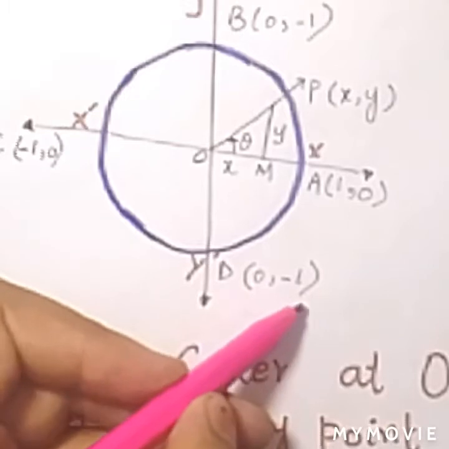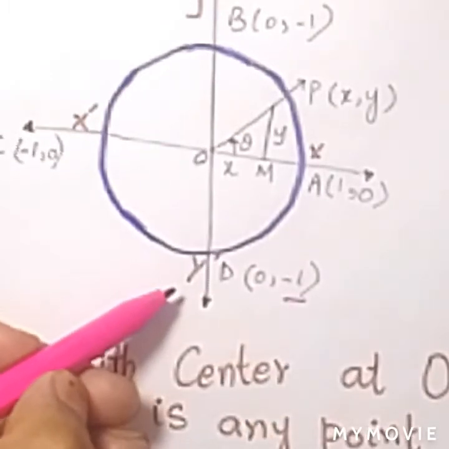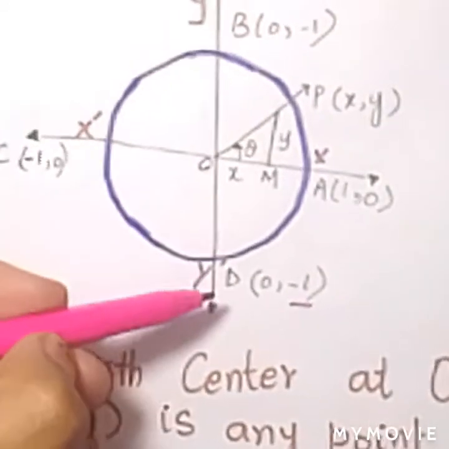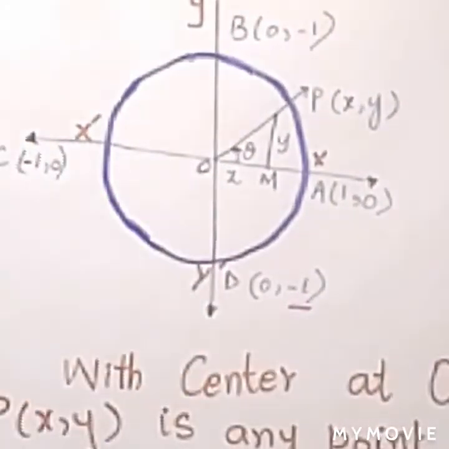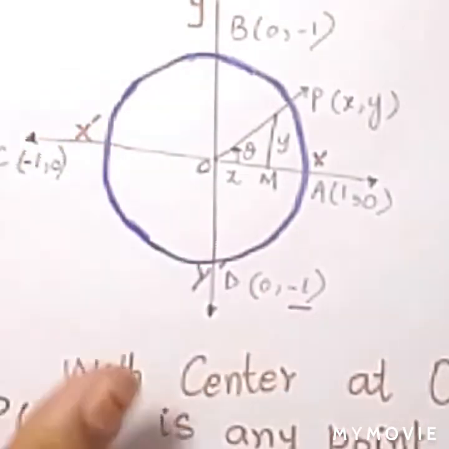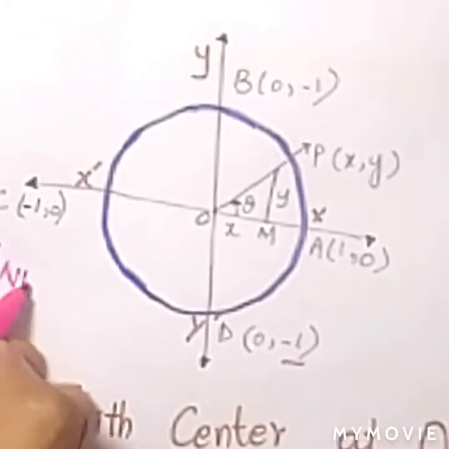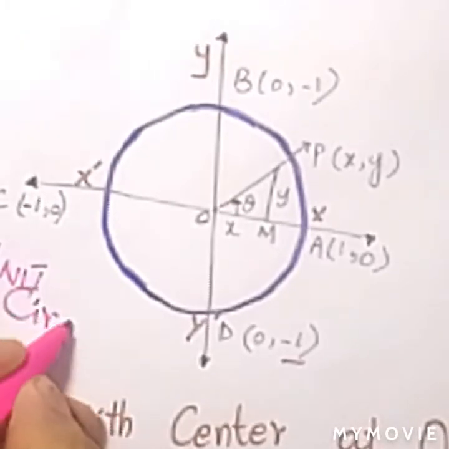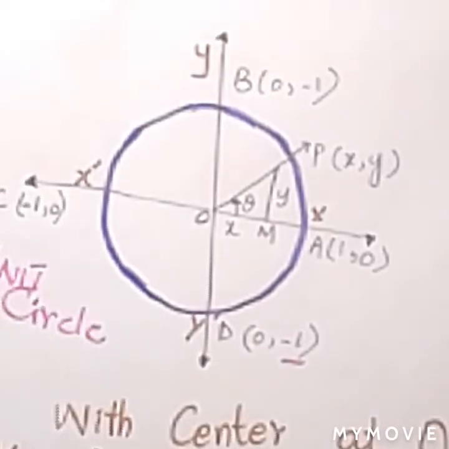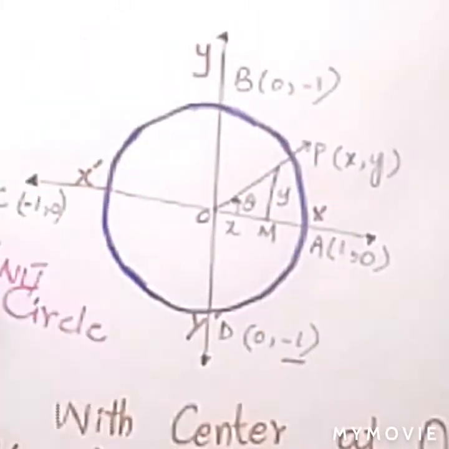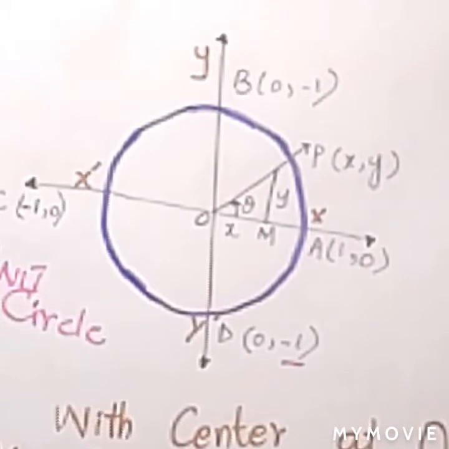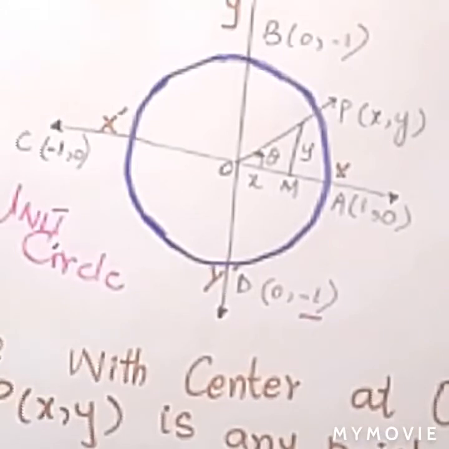Why 0 and minus 1? Minus 1 for the y prime value, because minus 1 is the lower side. And why do we use the value minus 1? Because we have considered a unit circle. A unit circle is a circle which has everything about one: one radian, one theta, one side, one length, one base, one perpendicular. One is the measurement, it may be meter or centimeter, but accordingly unit length.